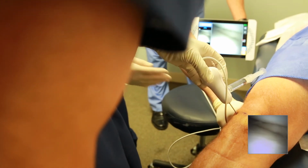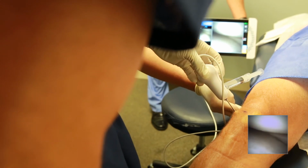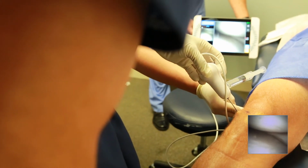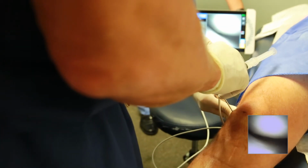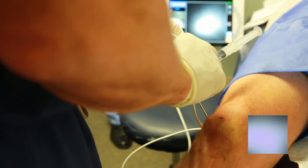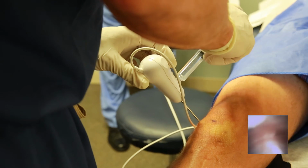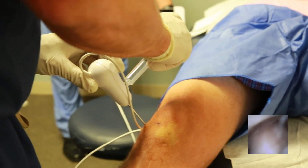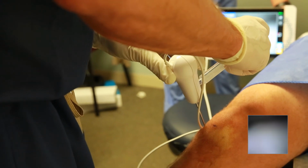That's where I think my pain is. On the outside, though. Medial, yeah, mine's, yeah, lateral, sorry. That's correct. So you can see how he's got a really good picture there. His medial side looks really, really good, which is surprising. And then if we pull back a little bit, there's his ACL. Again, we get a little bit of blood in the field. That looks good. And then laterally,